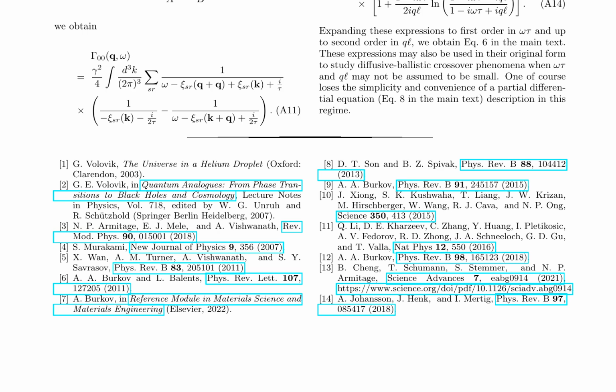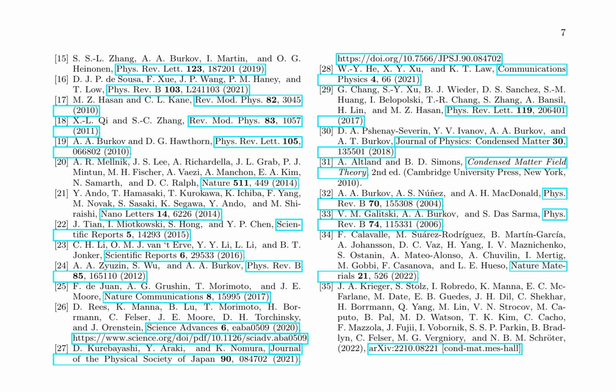The results presented in this section build on a number of previous studies, including those by Volovik, Armitage et al., Murakami, Wan et al., Burkov and Balents, Sun and Spivak, Burkov, Shang et al., Li et al., and Cheng et al. These studies have explored various aspects of topological semimetals and their transport properties, providing a foundation for the work presented in this paper. The comprehensive literature review presents an in-depth examination of related work, laying the groundwork for future investigations into Weyl and topological quantum phase materials.